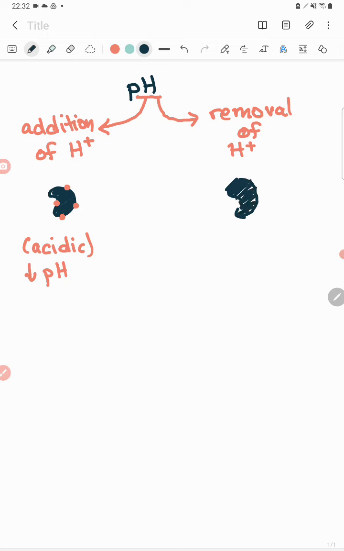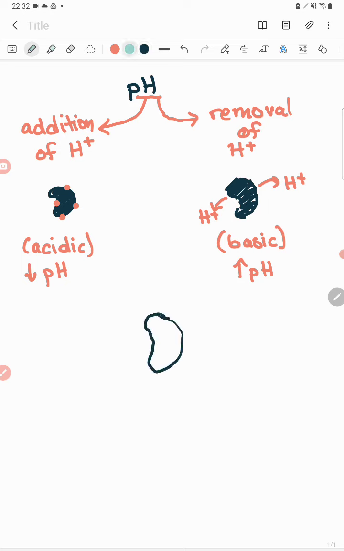a basic solution, so this is one where this solution is able to remove protons from it. This is also referred to as a high pH solution. This means that protons will be stripped away from this protein. We care about this in terms of biology because let's say that you have a protein that is at normal pH, and pH is just a measurement of how much